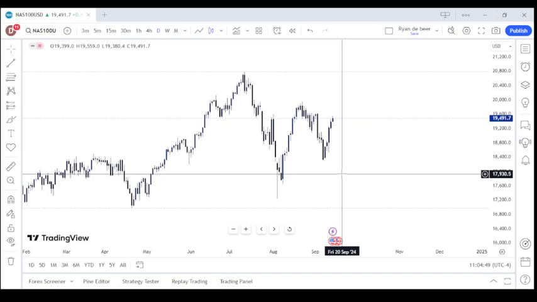I'm going to show you guys my possible draws on liquidity for the week. Let me just look at the dates here, the week of the 16th to the 20th of September. What I'm going to be looking at is what I think the weekly candle might do, and also there is a